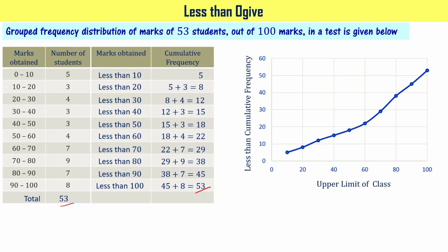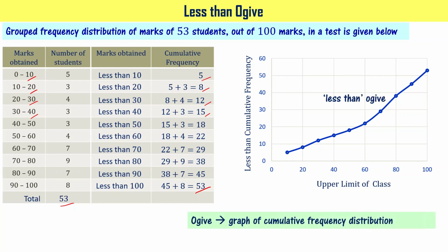Now, if you plot this data, the less than cumulative frequency on the y-axis and the upper class limit on the x-axis. The upper class limit is 10, 20, 30, 40, right? And cumulative frequency is 5, 8, 12, 15, and so on. When you plot that, you get a figure like this. This is called the less than ogive. Ogive means the graph of cumulative frequency distribution,